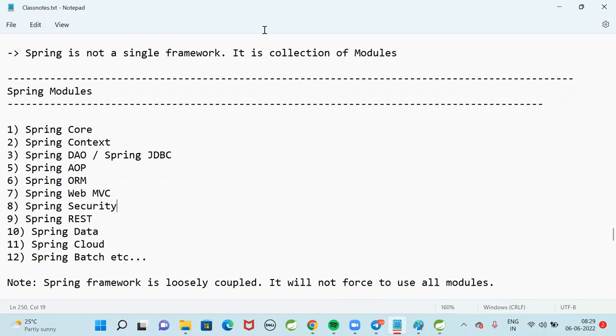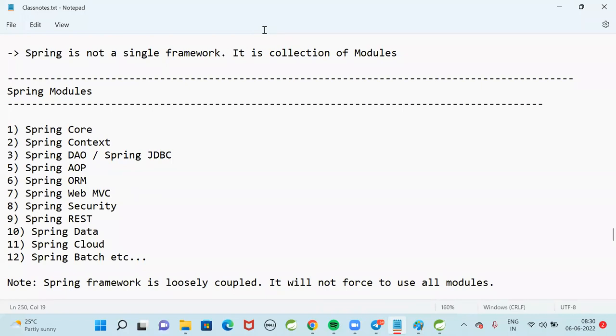DAO is also called JDBC. Spring AOP module, Spring ORM module, Spring WebMVC module, Spring Security, Spring REST, Spring Data, Spring Cloud, Spring Batch, Spring Social. Like that, there are so many modules available in Spring. Spring Core is the base module for all the other modules.